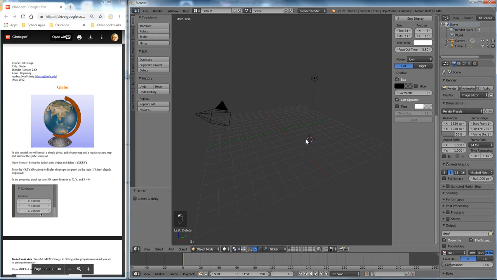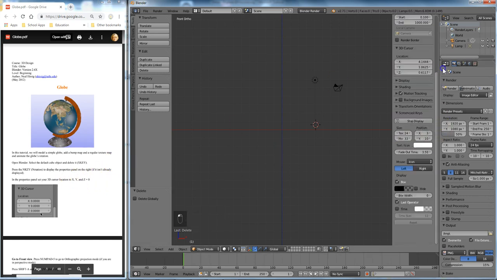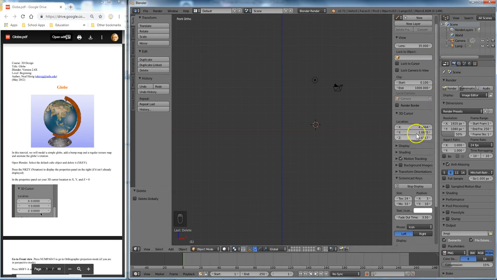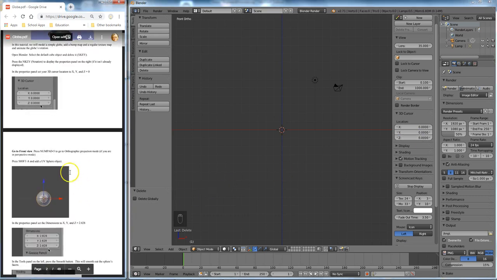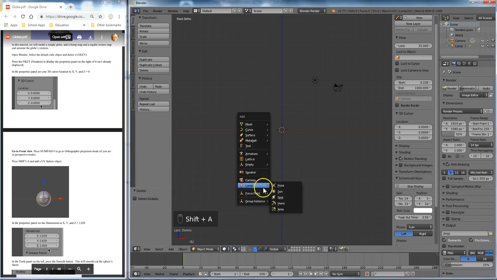Let's go ahead and get an ortho, just because I like ortho view a lot better. Maybe do one. I'm not sure what we're going to need. We do need our XYZ cursor to be at 0, 0, 0. So let's get that where that is. All right. So what they want us to do now is go to front view. Well, look at that. I kind of knew that they were going to have us go there. Shift A and add a UV sphere object. So let me get this current. There we go. So Shift A,